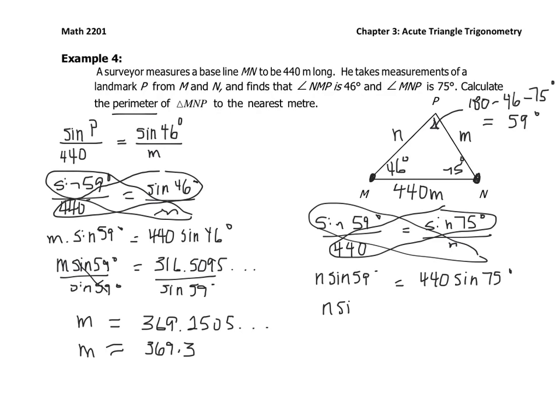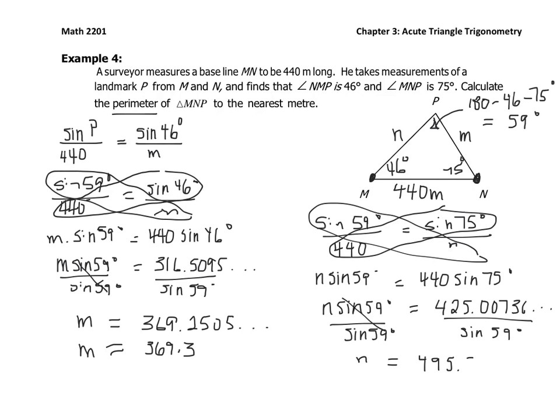So n times the sine of 59 equals 425.00736, and so on, in the calculator. Then I want to divide both sides by sine of 59 to get n by itself, and that will give you 495.8277, and so on. So we round that to one decimal place, which is 495.8, and that would be meters